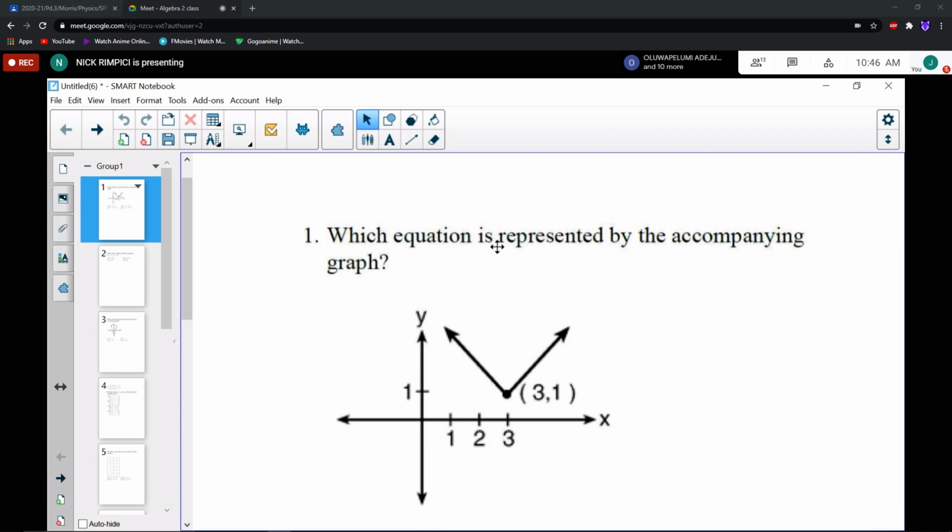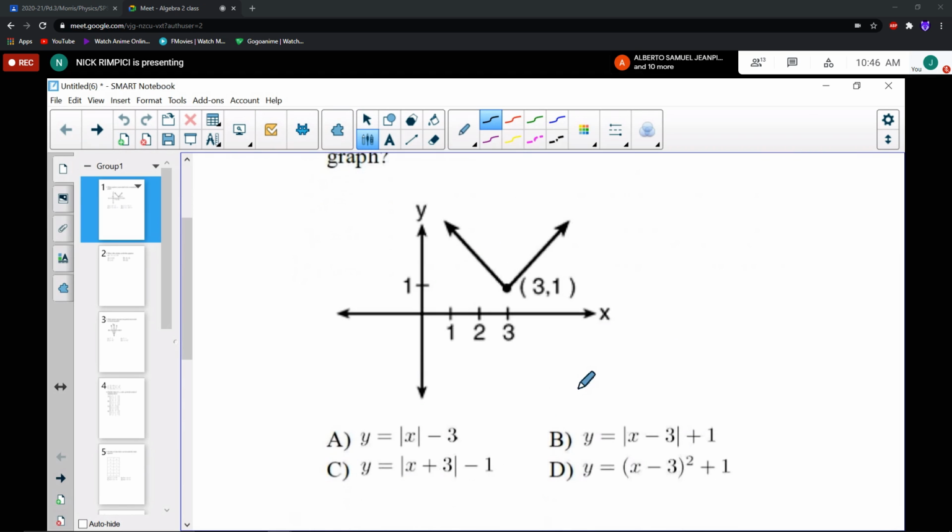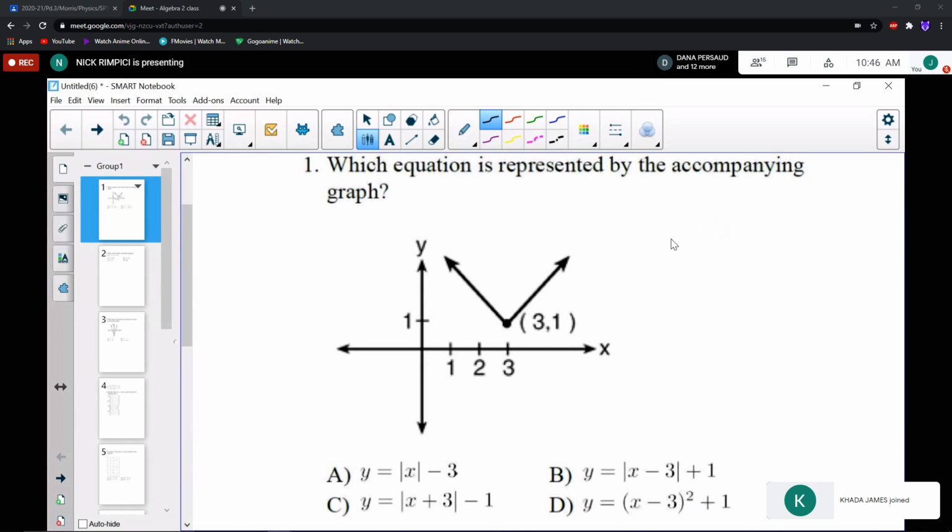Which equation is represented by the accompanying graph? And they give you this picture, okay, and then they give you four different options, right? So one of these things should represent this picture. Well, something that we should know is that this image